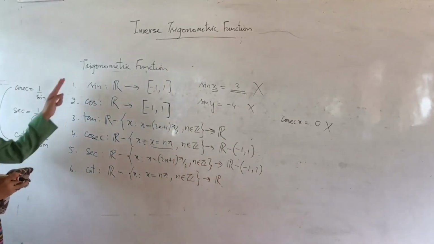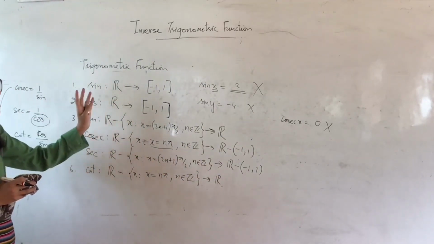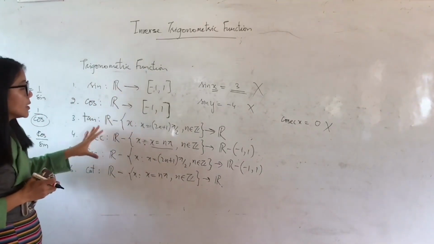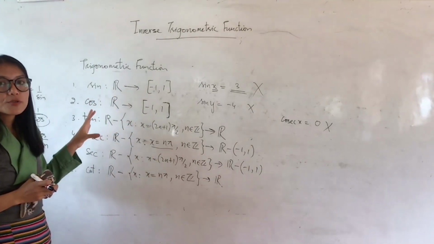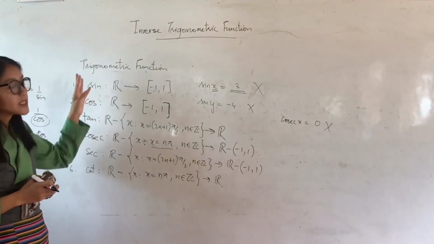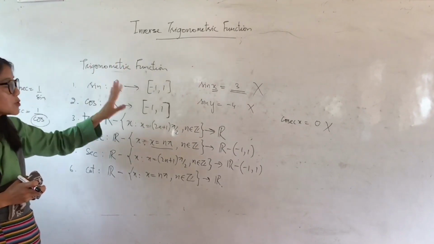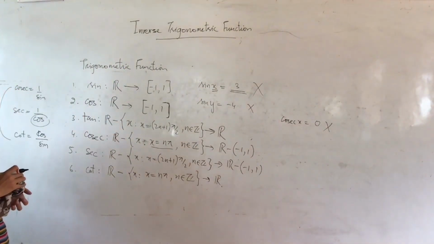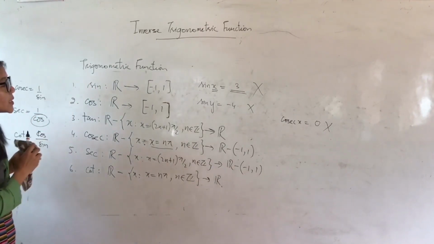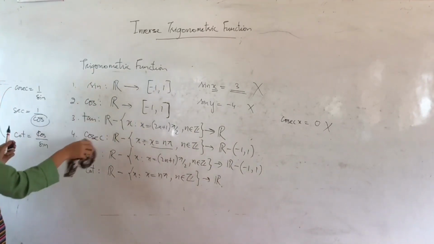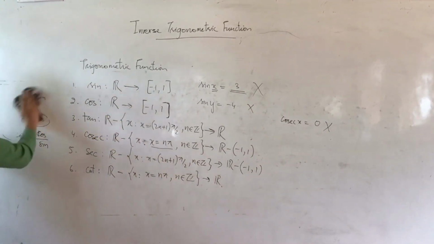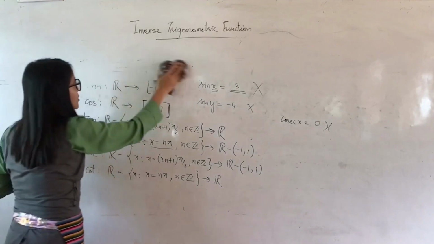Okay. So now these are the 6 trigonometric ratios with their domain and range. Now you should have a good understanding of the domain and range of the 6 trigonometric functions, because we are going to use these concepts in our chapter. This is one thing I want to recall from the chapter on trigonometric functions, which you learned in class 11. So you should know all the domain and range of the 6 trigonometric functions. Now we will come to this chapter, inverse trigonometric functions.